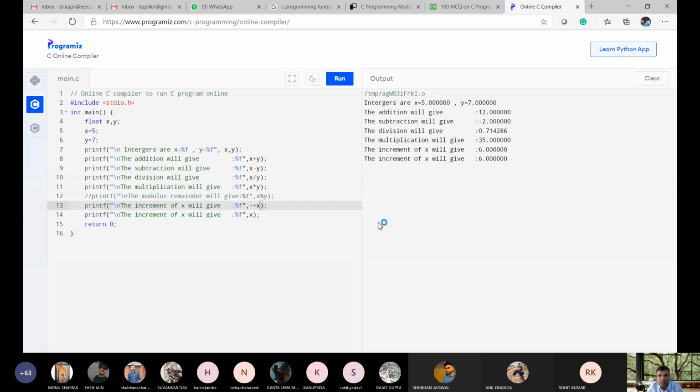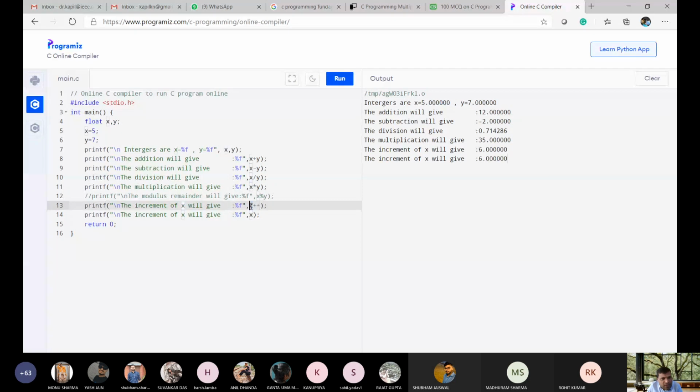Sir, why does the post-increment not work? It is very simple. Okay. I'm writing post-increment once again. What is written here? The increment of x will give what?